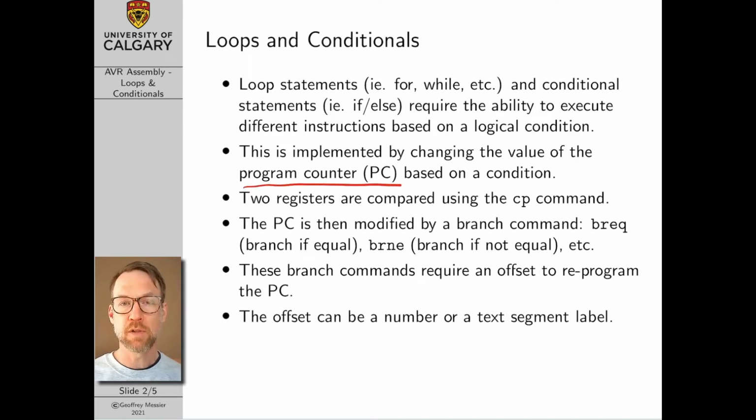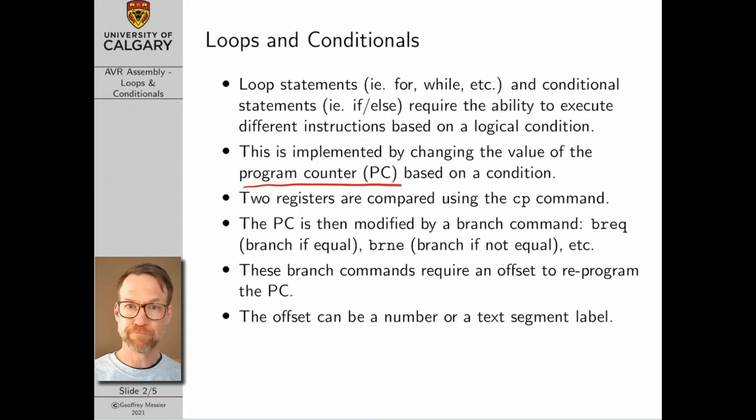We talked about this a little bit already in our discussion of branching when we were designing our microarchitecture hardware. Different instruction sets treat branching differently, but with the AVR instruction set,